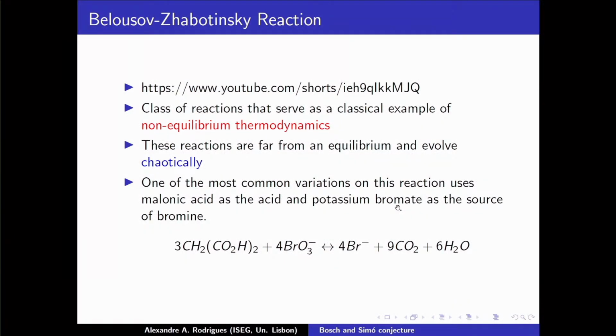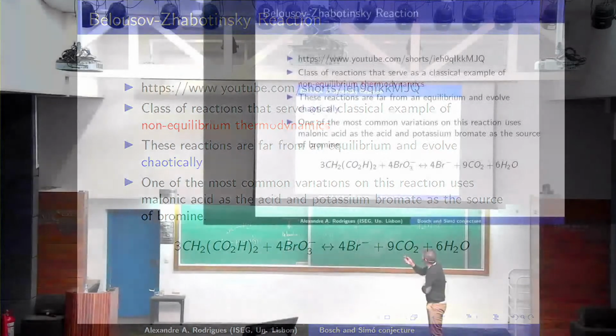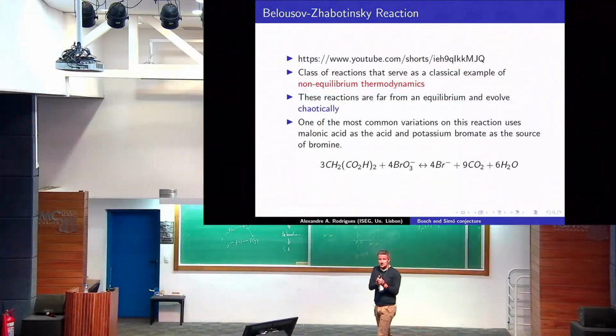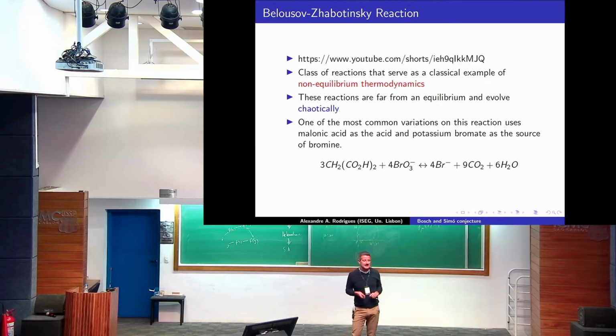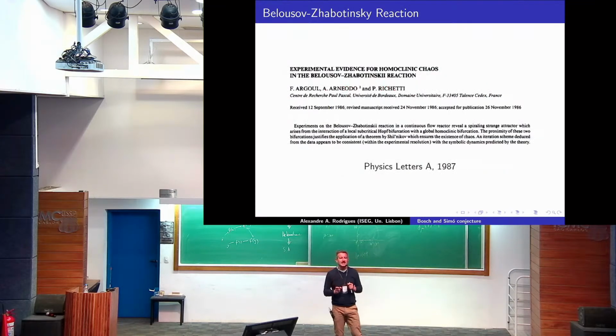So this is the Belousov-Zhabotinsky reaction. The period of time in which I have one color and the other evolves chaotically. So I don't get an equilibrium. The final result is not an equilibrium, but is a mix of colors. So it is chaos. And during the 80s and the 90s, there were several papers relating the two things: the